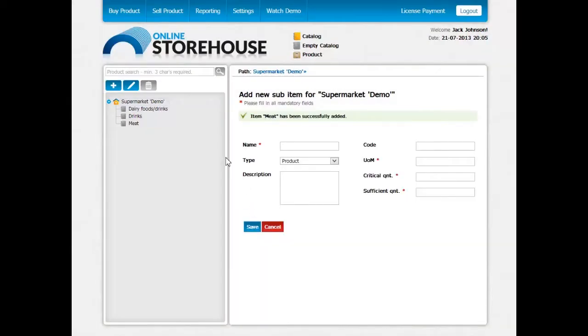Okay. Now we have already filled the storehouse tree with some catalogs that are ready to be filled with corresponding